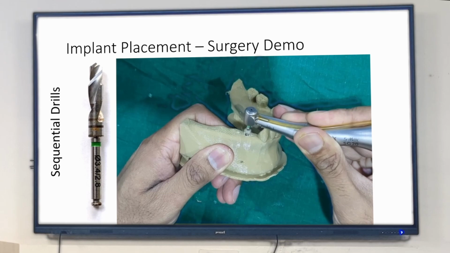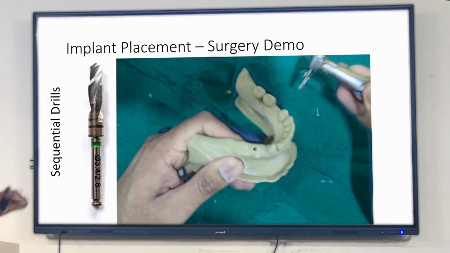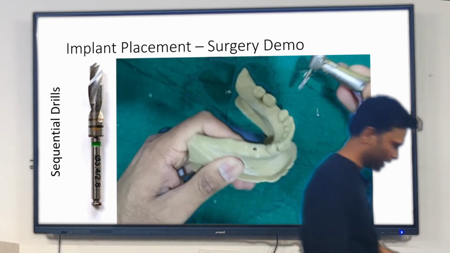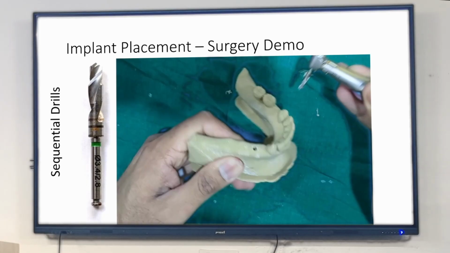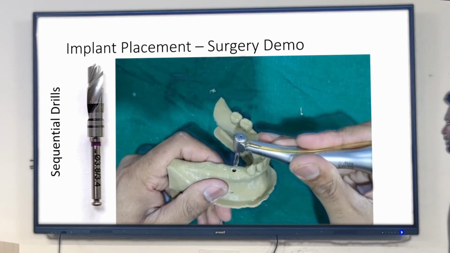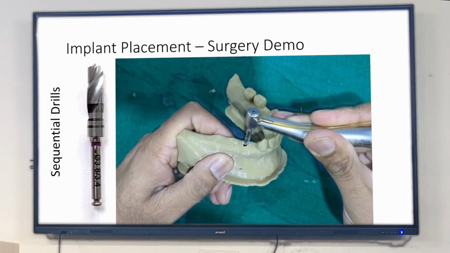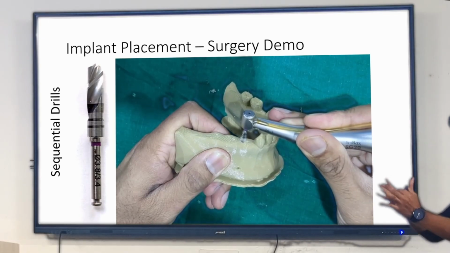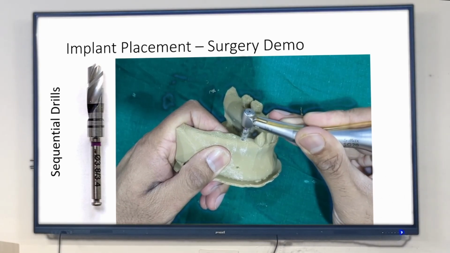3.4 is the upper diameter, and 2.8 is the apical diameter. Then a 3.8 mm drill, we're just expanding the osteotomy site. Okay,